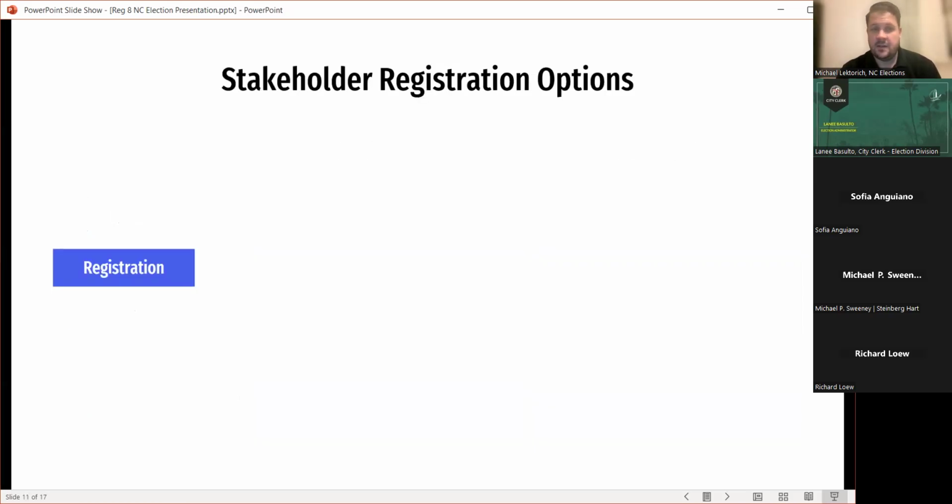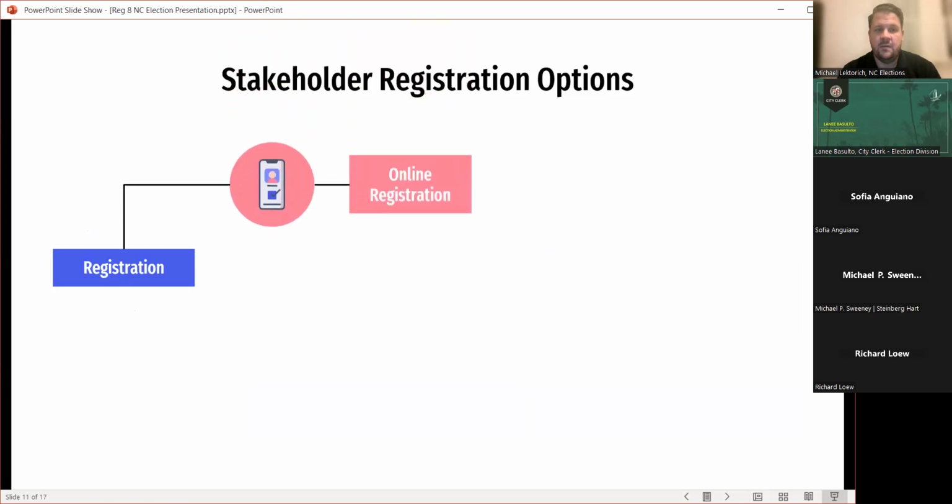So next are the stakeholder registration options. Just like candidate filing, there's two different ways, but I wanted to highlight some of the benefits of the two different ways. The first one is online registration. This is open, it's a 51-day filing period